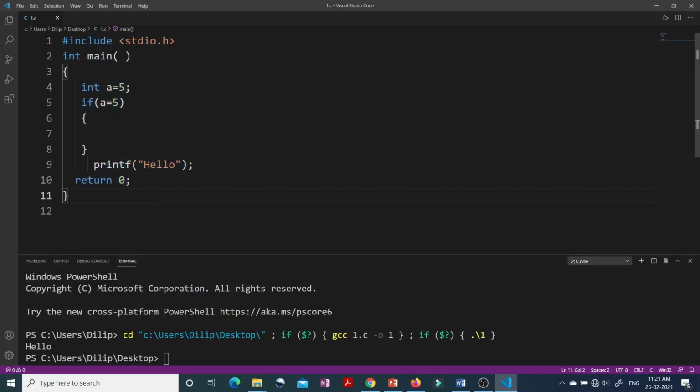So if I give you this program, what is the output? You will say, okay, a equal to 5. Then inside the if, a equal to 5 means 5 is being assigned to variable a. It is not being compared. So 5 will go inside a, and the if condition will have 5, which is a true value. So we will come inside the body of if, but there is nothing written there. So we will come out and simply print hello outside the body of if. That's why we get hello as the output and not an error.